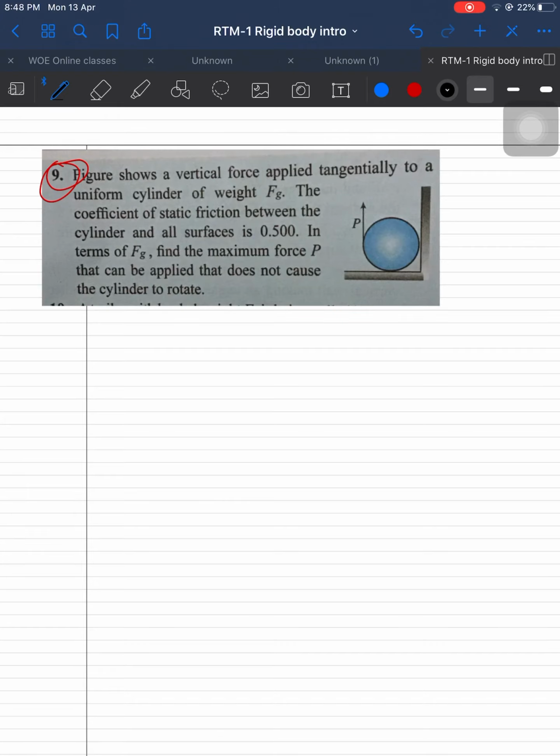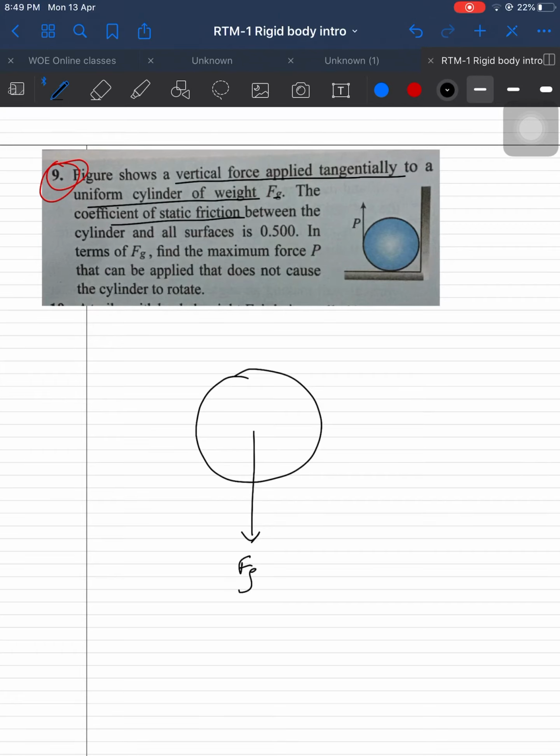Vertical force. See, this is very, very important. A vertical force is applied tangentially to the uniform circle. So, if we draw the free body diagram, gravitational force Fg is acting. The coefficient of static friction between the cylinder and all surfaces is mu; at the two surfaces, everywhere friction is acting. Say this is N2